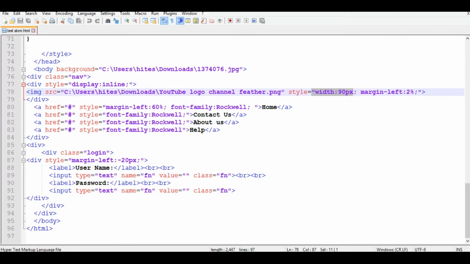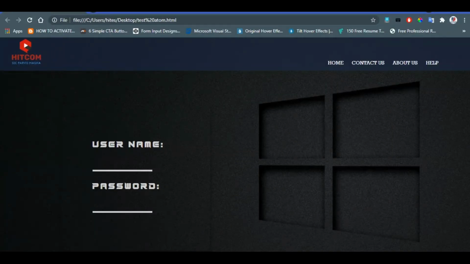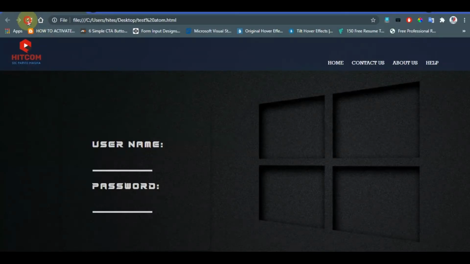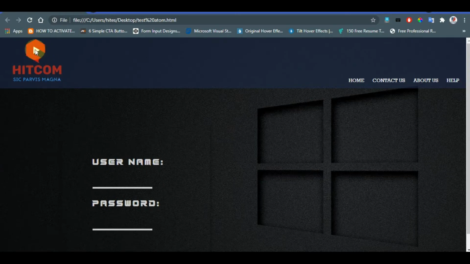I have put a width of 90 px, meaning pixels, so my photo will be 90 px. Suppose I change it and make it 150, then you will see the significant change.